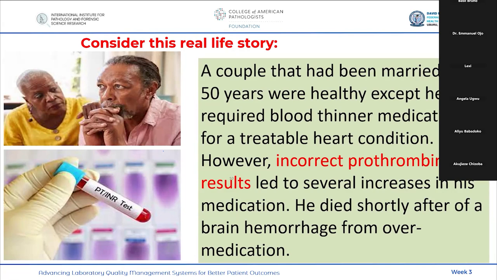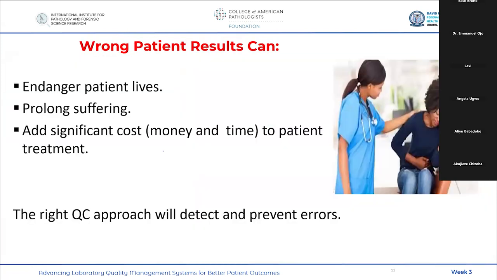This is an example of laboratory error. The man was perfectly well, and he would have lived longer without even doing anything about the heart condition. But the lab in this case misled the clinician, and then it led to what we can call the untimely death of that client. This is an example of the consequences of laboratory errors, emphasizing the need to have a valid quality control program